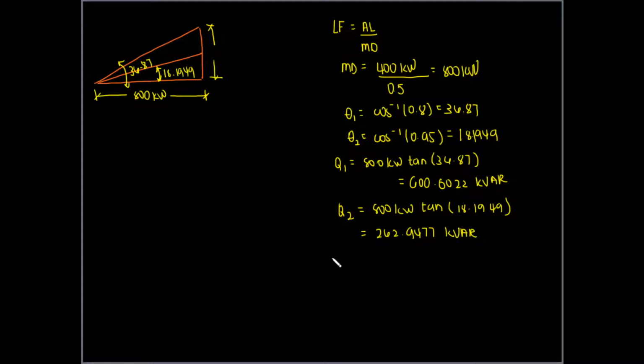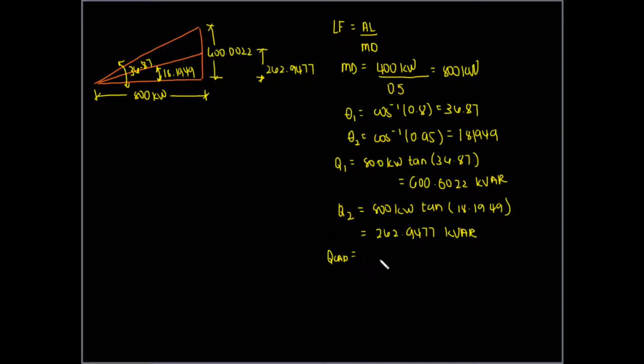So, what caused the change? Obviously, it's the power factor correcting equipment. So, if this is 600.0022 and this one is 262.9477,